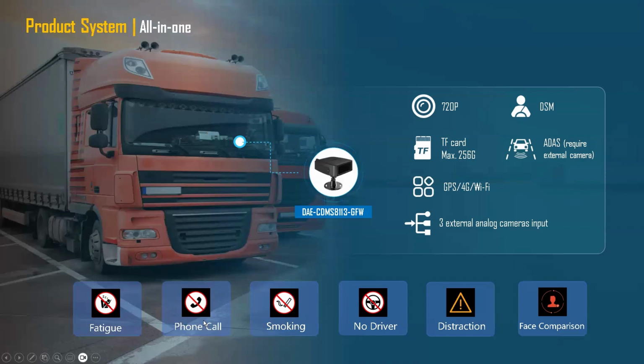We have fatigue, so it will tell us when the driver is fatigue driving. Driver is making phone calls while driving. The driver is smoking while driving. When the driver leaves the vehicle, it will tell us. When the driver is distracted, there's distracted driving, then it will tell. It will also do face comparison to make sure that it is the actual driver of this truck that is doing the driving. So these are a typical setup we will get for